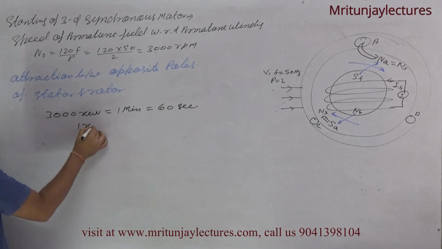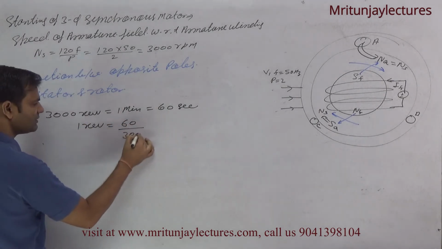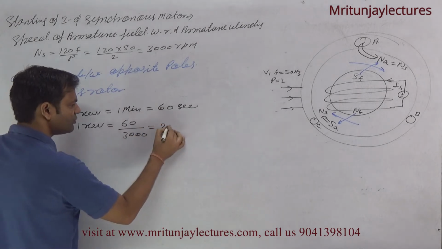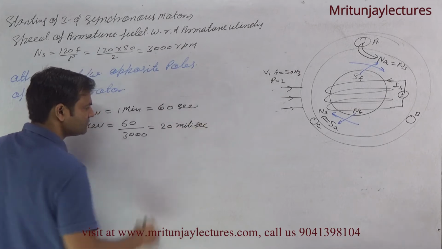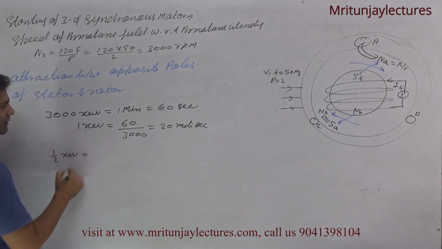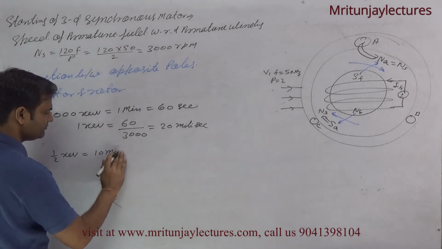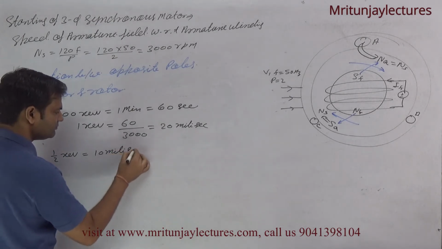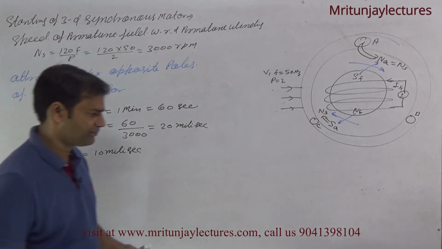So one revolution is equal to 60 divided by 3000, that is 20 millisecond. What about half revolution? That is 10 millisecond. Clear? After 10 millisecond,